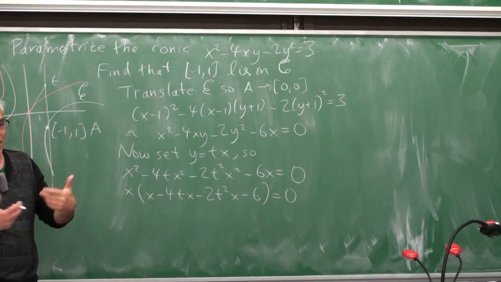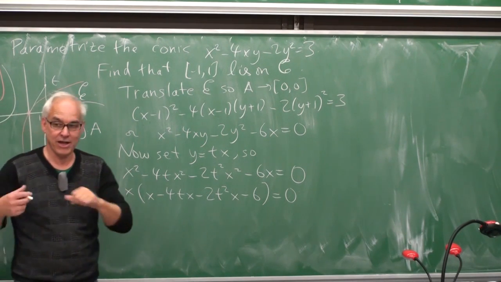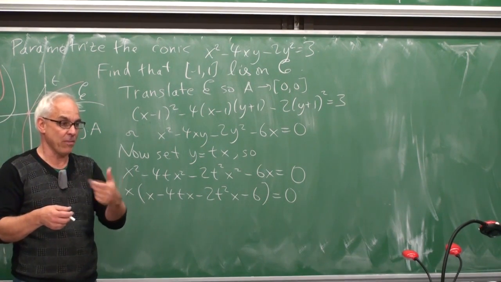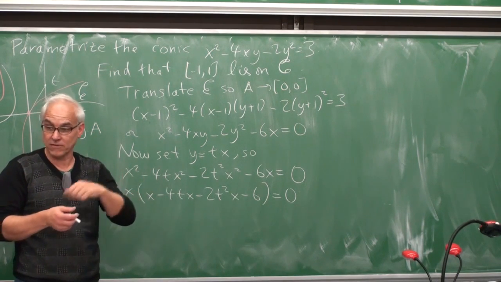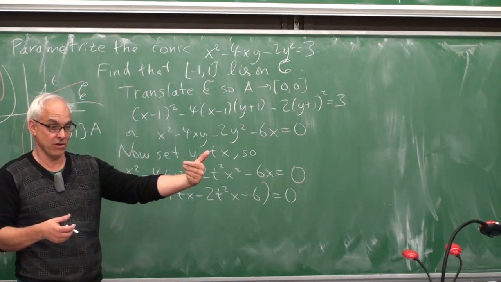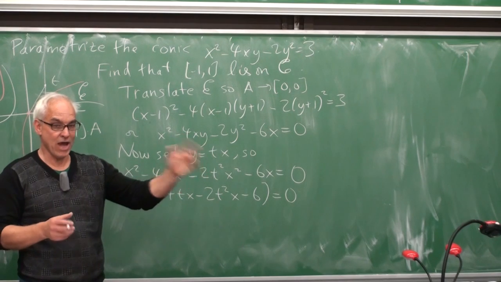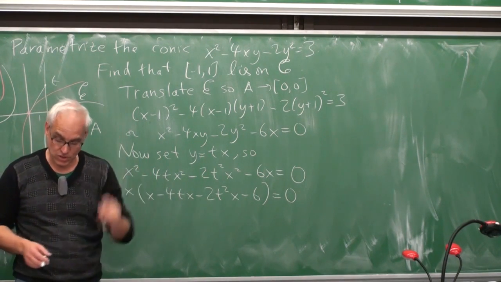So in particular, if you have a quadratic equation and you know one solution, then you know what the sum of the two roots are because of the coefficient of x, or you know what the product of the two roots are because of the constant term. So you don't have to use the quadratic equation, you don't have to invoke the square root.